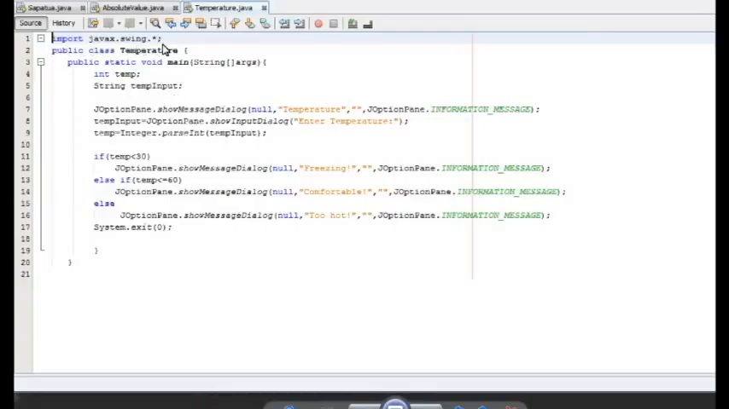Import javax.swing; public class Temperature { public static void main(String[] args) { int temp; String tempInput; JOptionPane.showMessageDialog(null, "Temperature", "", JOptionPane.INFORMATION_MESSAGE); tempInput is equal to JOptionPane.showInputDialog("Enter temperature: "); temp is equal to Integer.parseInt(tempInput);